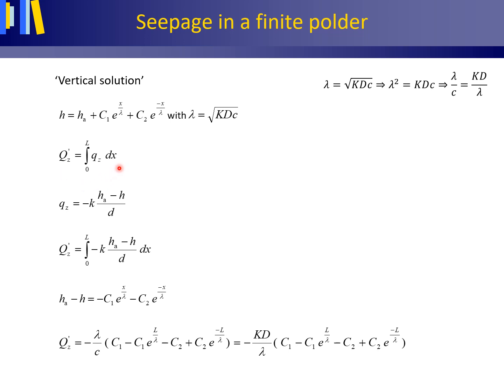As you want to know the upward seepage for all of the polder, you must integrate between the bounds of 0 and L. You insert the Darcy equation into this integral equation. Of course, your Darcy equation, as it is vertical flow, you write in this shape: the vertical volume flux density equals minus the vertical hydraulic conductivity, and then times the hydraulic gradient through the confining layer, which is the hydraulic head to which the water is flowing.